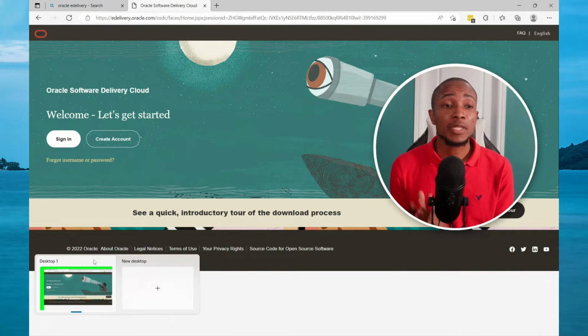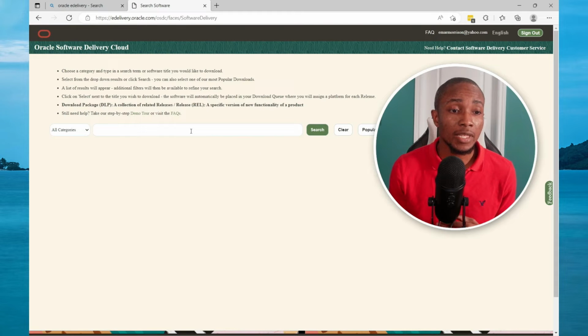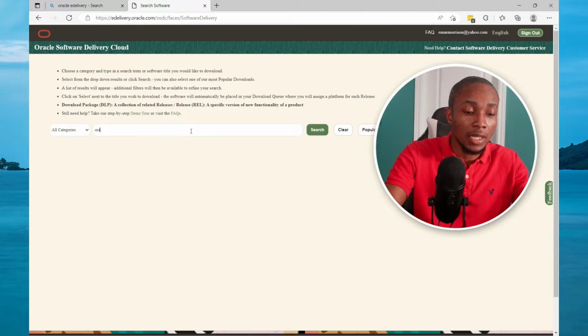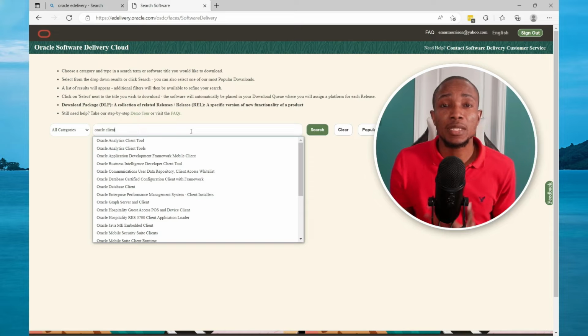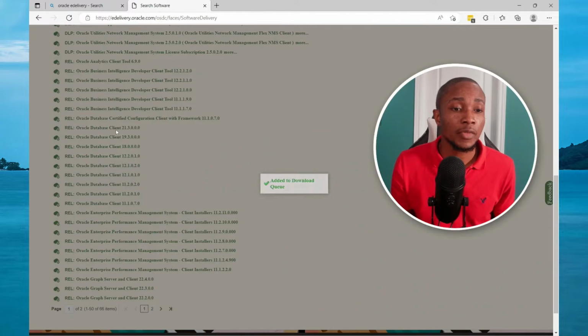So the first step is to head over to Oracle eDelivery and download the Oracle client. So once you're there, all you need to do is sign in. After the sign in is complete, then you search for Oracle client. Now the Oracle client is just a drivers or software that allows you to connect to the Oracle database. So scroll down in the list, and I like to go with the latest version, so you can go with 21. So hit download,